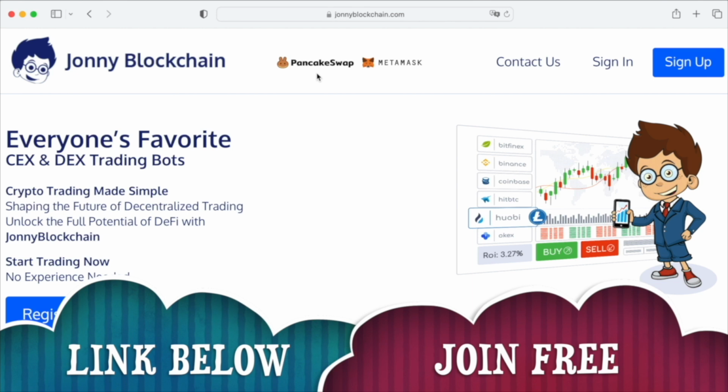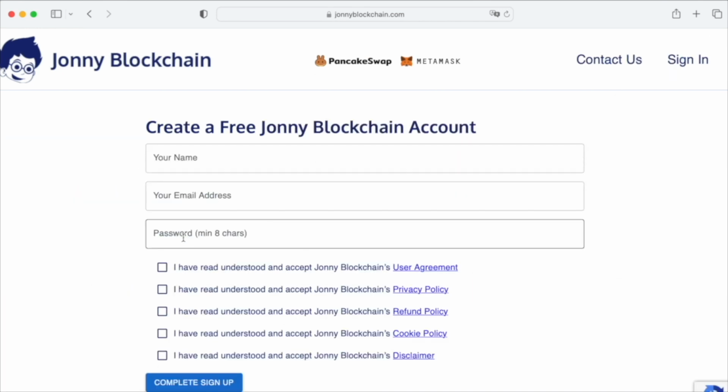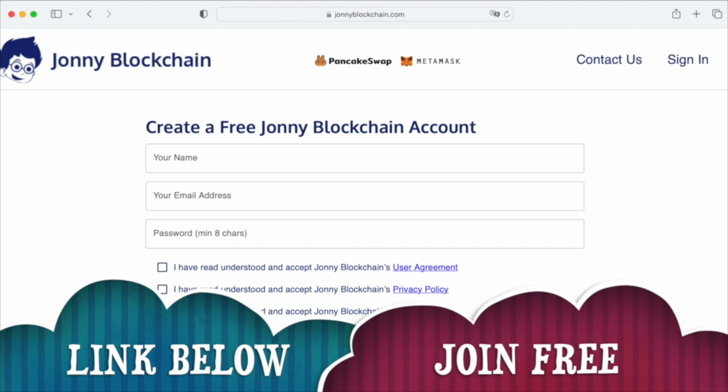You can create a free account by clicking on sign up or register. It's going to bring you here. Pop in your name, your email address, password, put some ticks in these boxes. Click on this box here to say complete my sign up. You can have a look round, and when you're ready to get started,